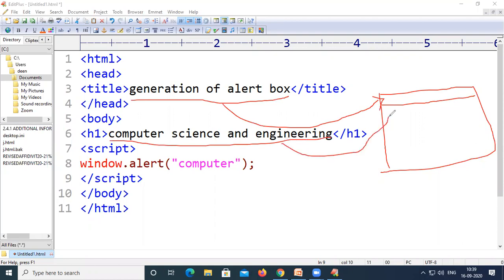That computer science and engineering will be included here, right? Along with this one, if you observe, inside the script tag we have given window.alert. So here a window will be created automatically. There will be the text computer here, and then this particular window will have an OK button by default, right?